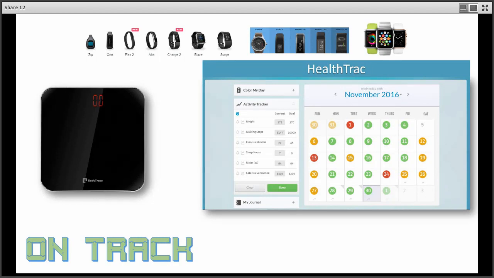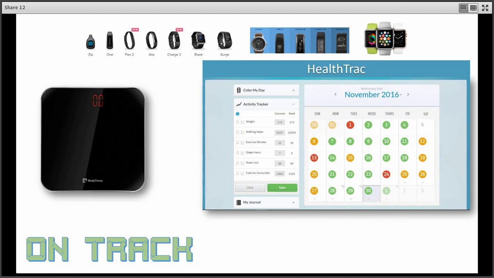You can also link any number of activity tracking devices to your Health Trac account. Essentially, through this OnTrac program, we can see what your weights are. You get on your scale each morning, and those weights will go into your Health Trac account, so you can track them there. You can link a Fitbit device or a Garmin device, or an Apple Watch, and data from those devices will come into your Health Trac account, showing how many steps you're getting, how many exercise minutes, sleep, and things like that.